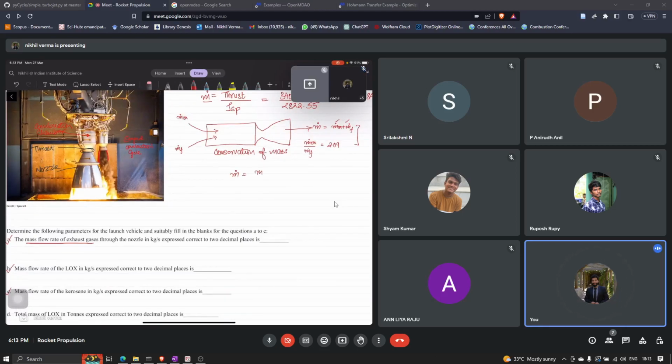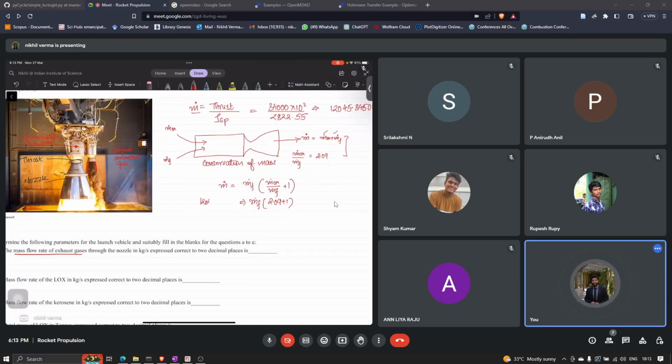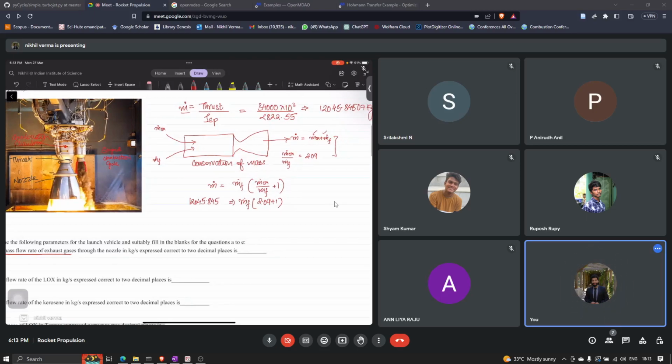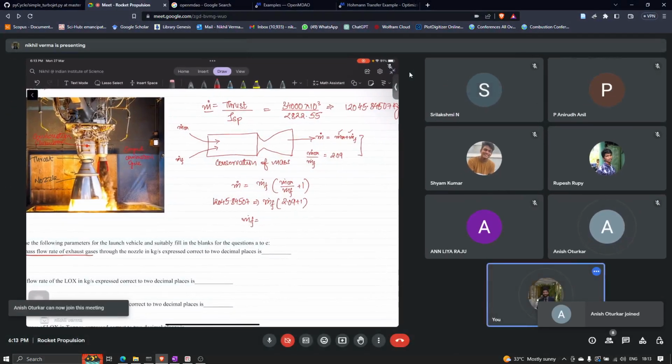This is the mass of the oxidizer, the mass of the fuel is 1, so 2.09 plus 1, and the total mass flow rate is given as 12045.8. Okay, so with this you can calculate the mass of the fuel. If you solve this, you will get the mass of the fuel as 3898.3317